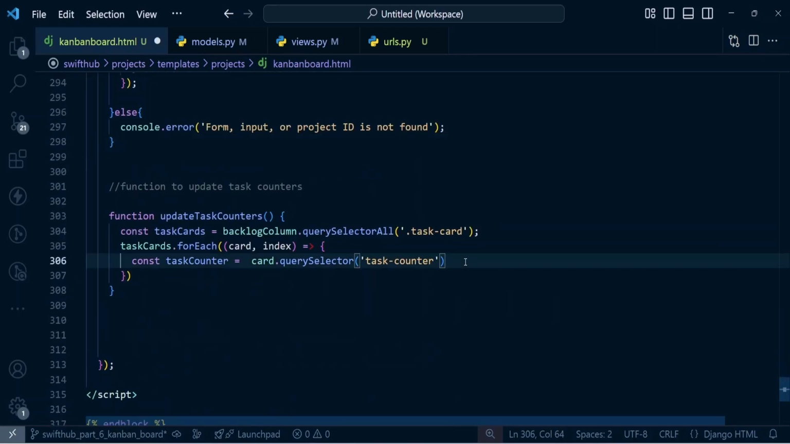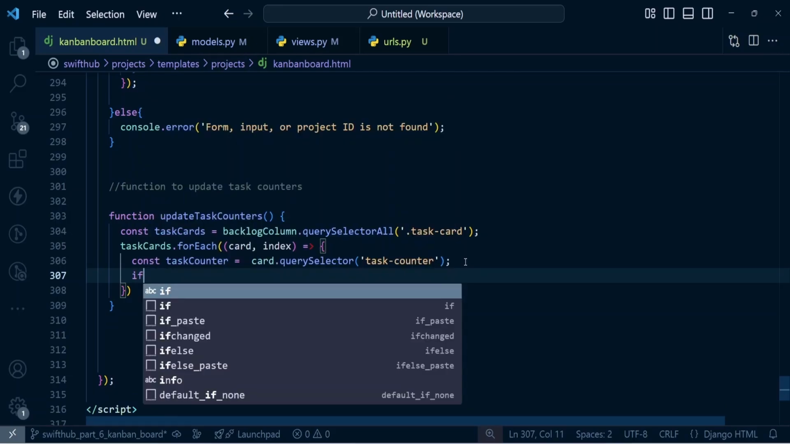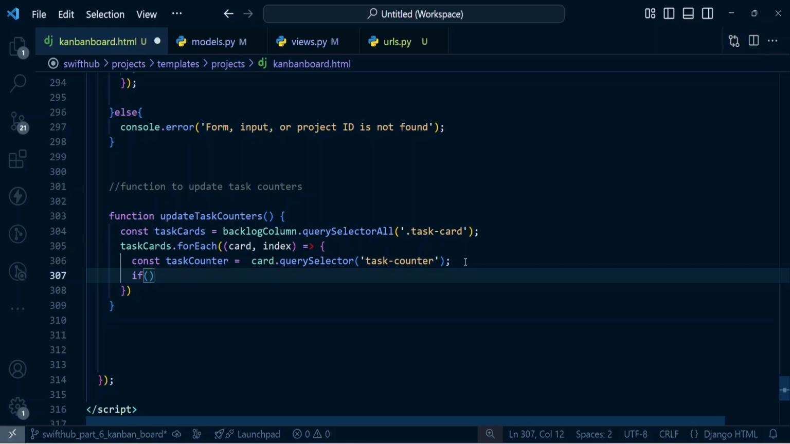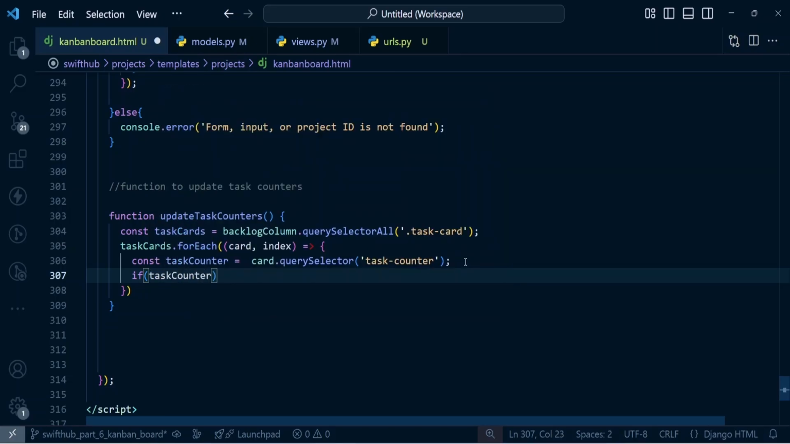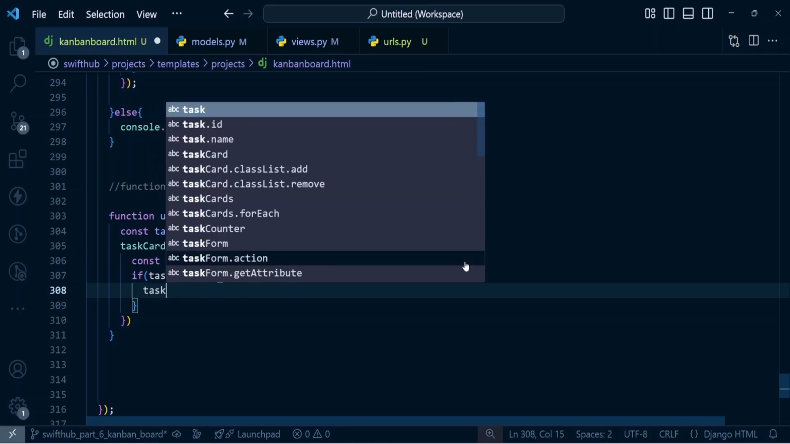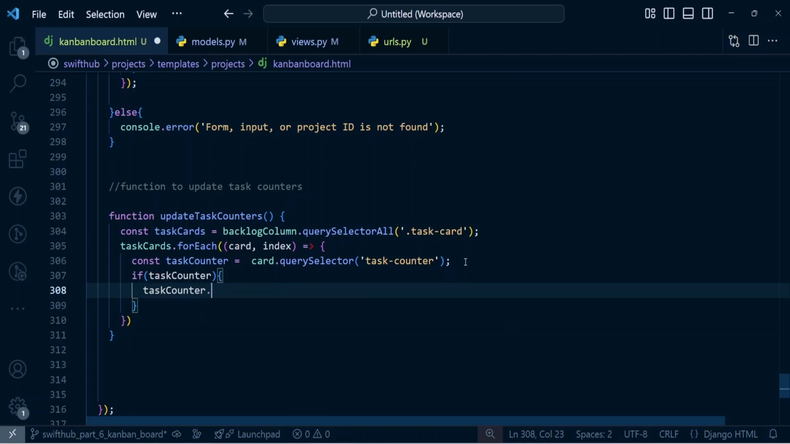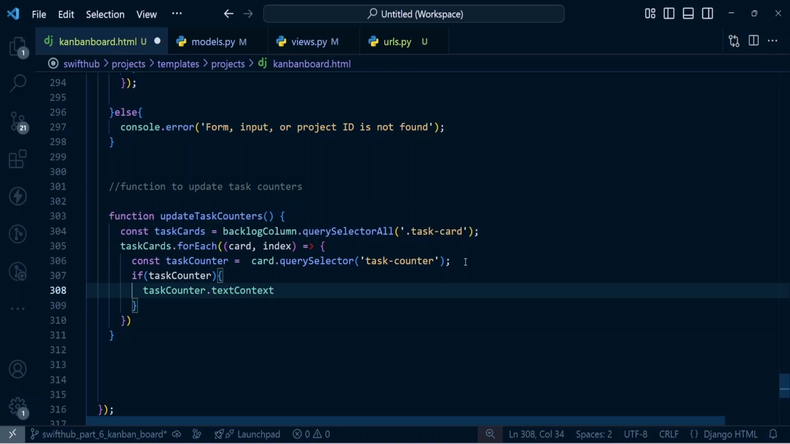And now that we have the href, the next thing we want to do is to make a condition. So we say if, because it may not exist, it may exist. So we want to check to see if it actually exists. So we're going to say if task counter. So if it exists, then we need to actually say task counter dot text content like this. We need to set the text content. So task counter dot text content, and that is actually going to be equal to,